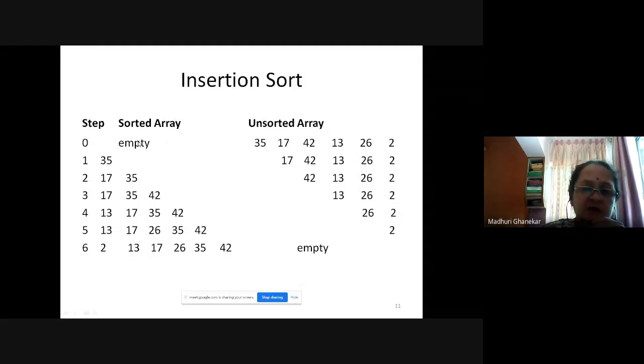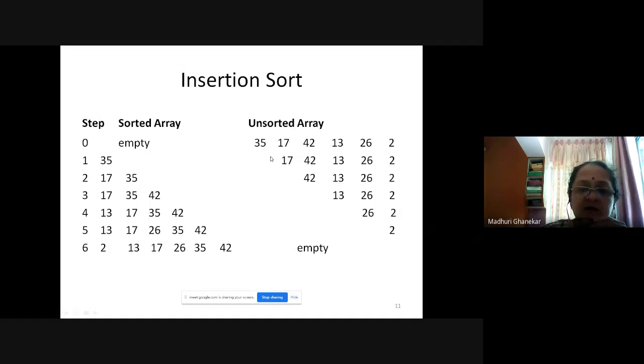Initially the sorted array is empty and the step is 0, and in the unsorted array all the elements exist. Then we take the very first element into the sorted list. One element is always sorted, so the remaining elements are in the unsorted array: 17, 42, 13, 26 and 2.